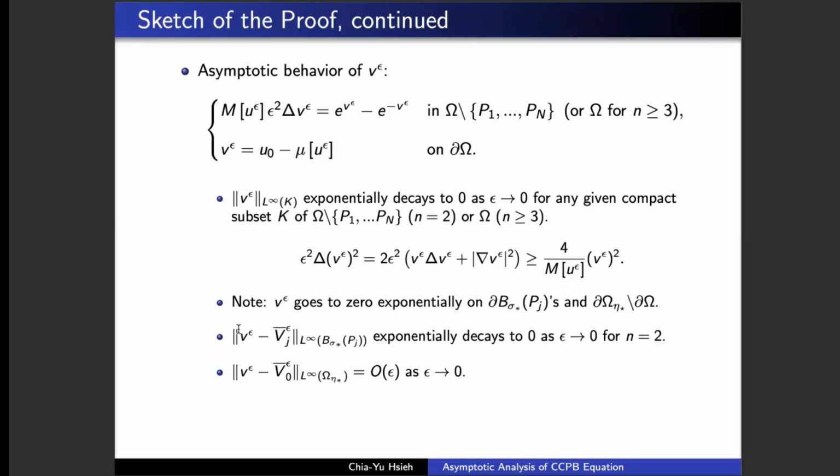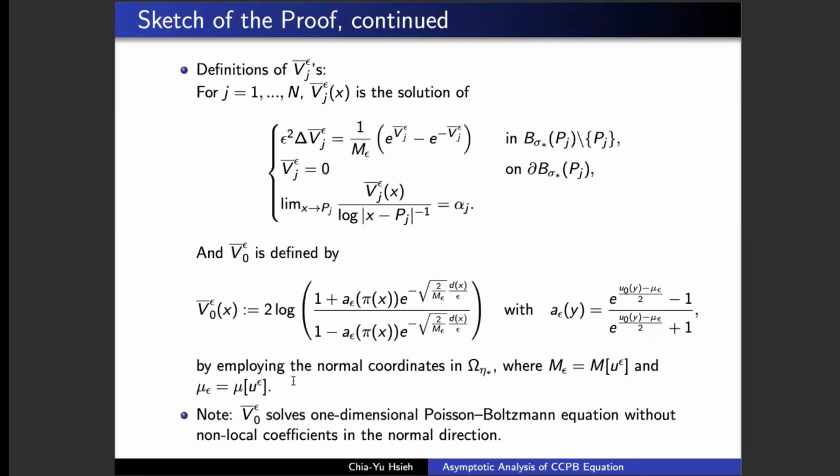Near the singularity, V can be approximated by some function capital Vj bar, and near the boundary, it can be approximated by some function capital V0 bar. Of course, because in the equation of V, the coefficients m and mu are unknown,